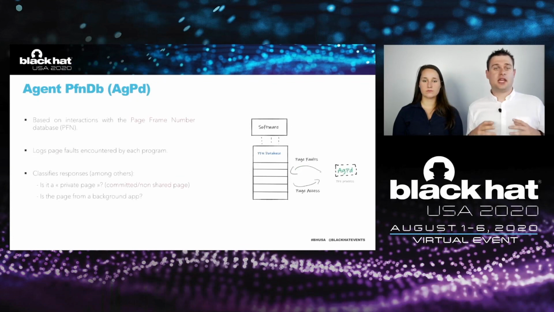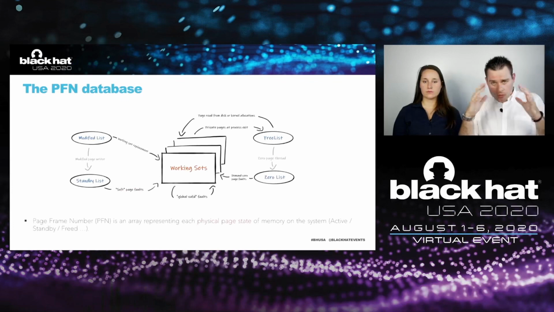The second agent is agent pfndb for page frame number database, which is a very important agent. This one is going to focus on two pieces of information. It logs every page fault to know which file does matter for a given process, and it logs every access to a memory page in a process. So from a working state of many pages, all these pages can be in different lists: modified list, standby list, free list, zero list. All of these pages are monitored in a way by this agent,